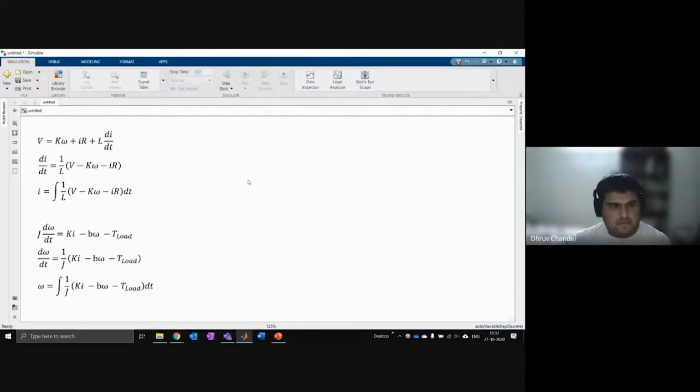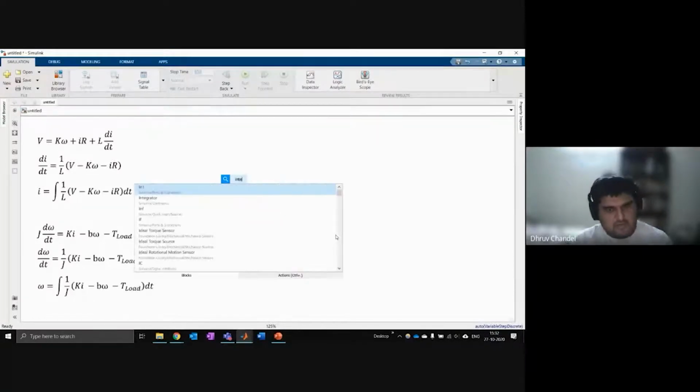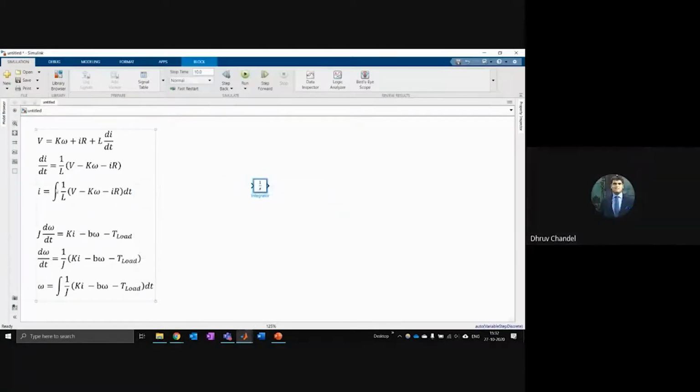So where do I start? The first thing is there are two integrations here. So I'll start out with an integrator block. Now in the modern version of Simulink, you can just double click anywhere and type what you need. So I'll just type integrator. So I have this integrator block, which is this mathematical function here. And whatever signal I put in on this side, it will just integrate that value and give me the solution. So I know the solution to this integrator is my current I. I can double click on any signal and just label it.